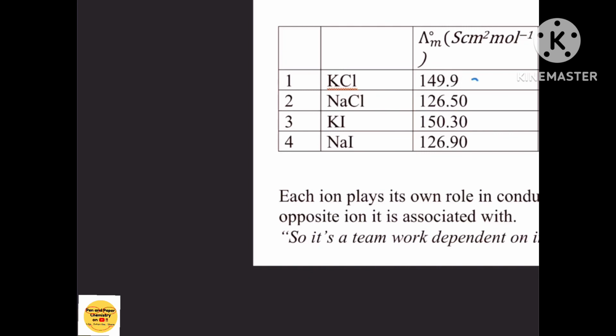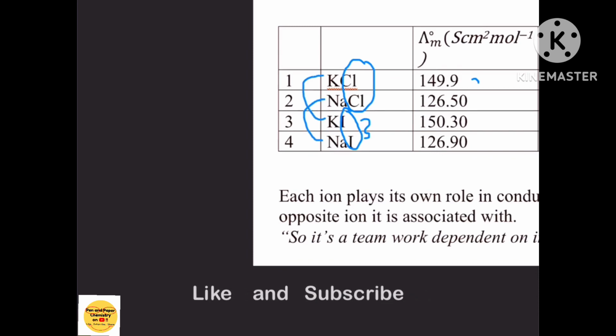Now compare the molar conductivity of KCl and NaCl. If you notice, the anion over here is the same. Take the difference of the two. Take the same difference where iodide is the same: take the difference in the molar conductivity of potassium and sodium. In the same way, when you take the same cation, sodium chloride and sodium iodide, potassium chloride and potassium iodide,